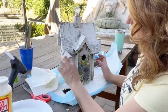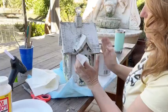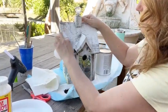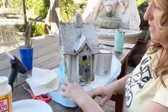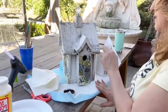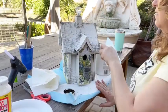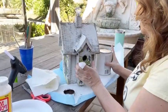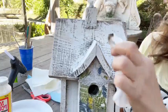And I'm just going to kind of add it along edges, toning down some of that white paint and bringing out some of the detail. I'm going to pay mainly close attention, like I said, along the edges where you would normally see the paint weathered. So kind of along the sides here,